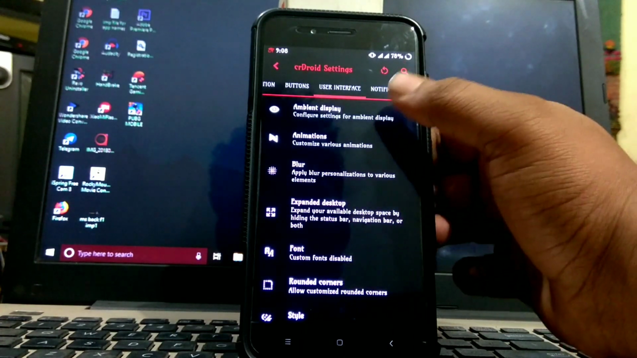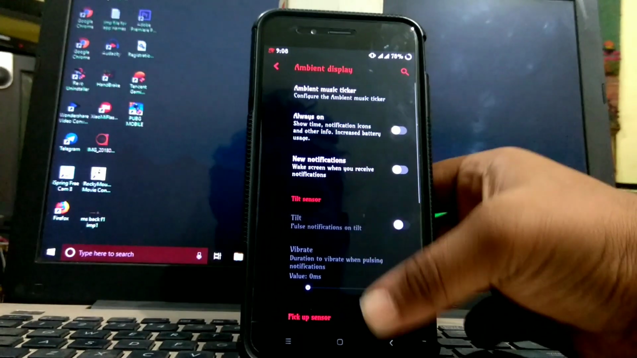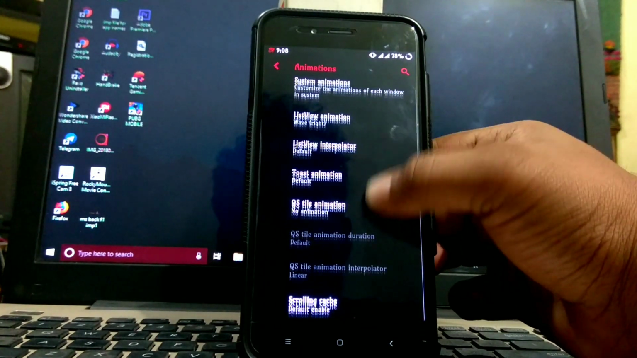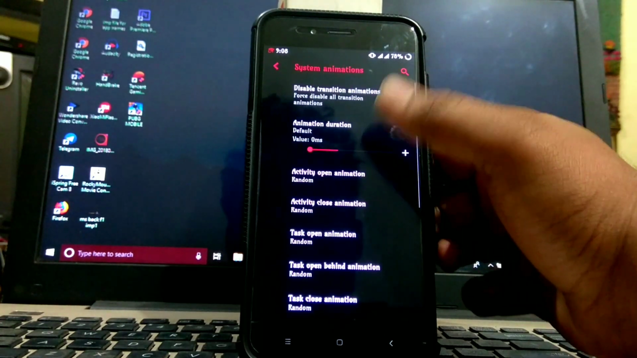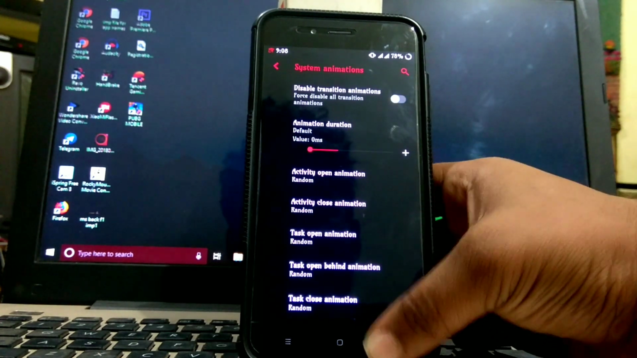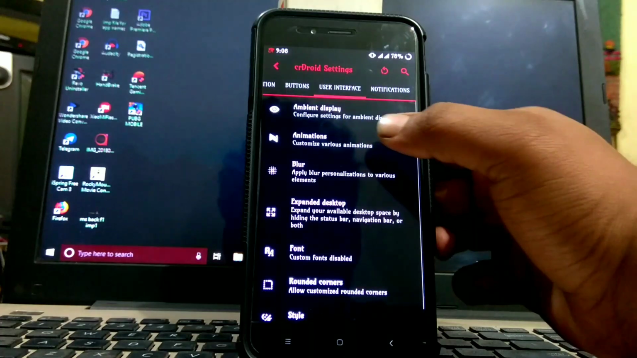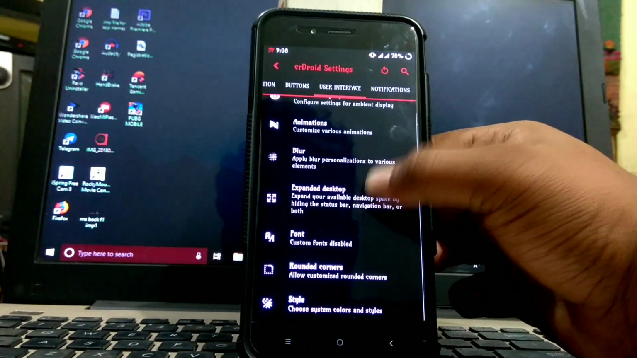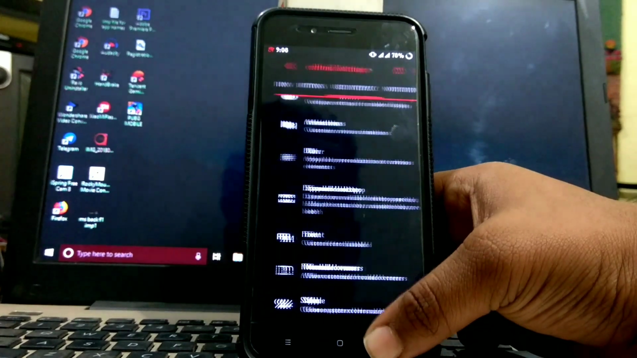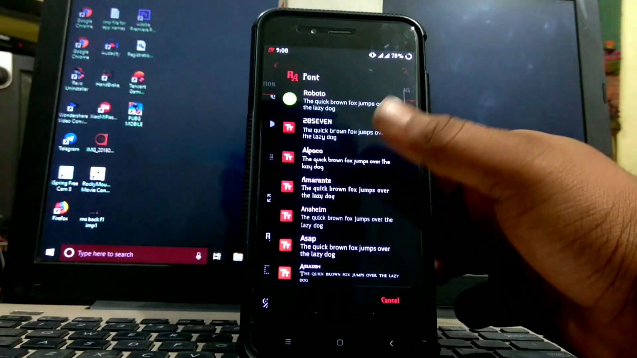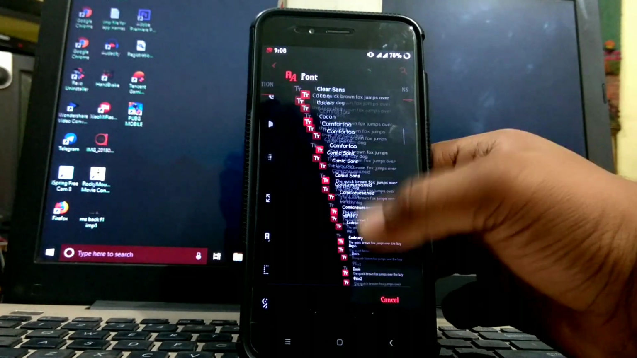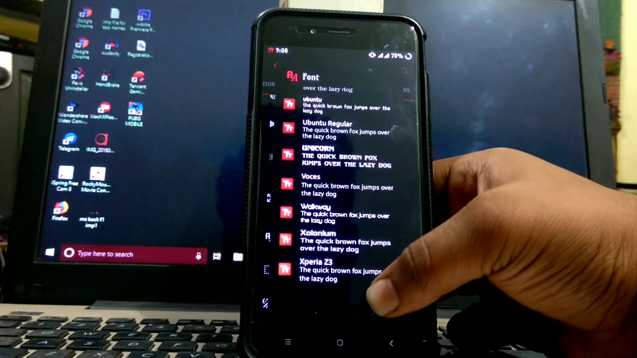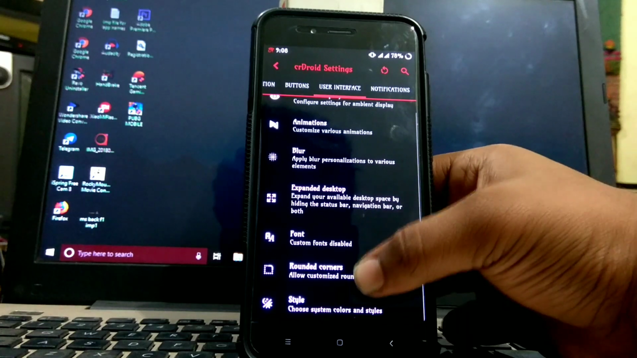Next is user interface. You get option of ambient display, then animations. You can choose animation for each and every open, close, etc. Each and every action. Then blur, then expanded desktop, then font. You can choose many fonts, then rounded corners,